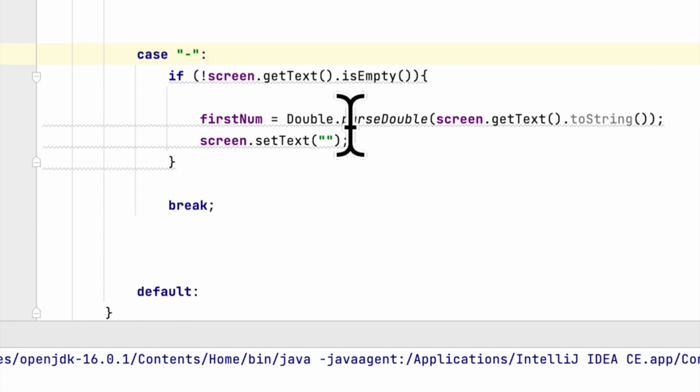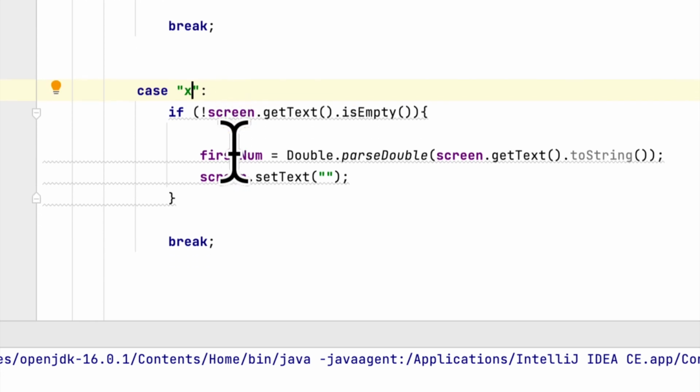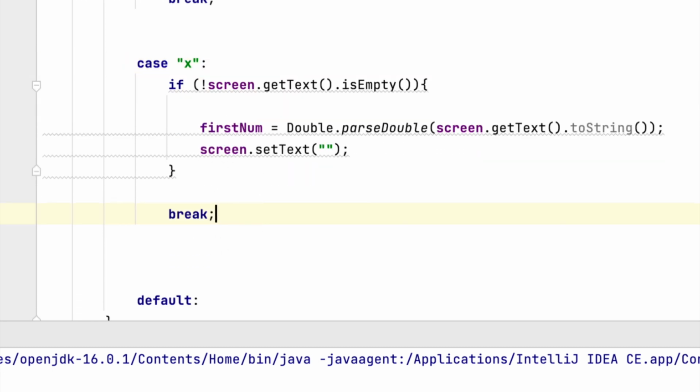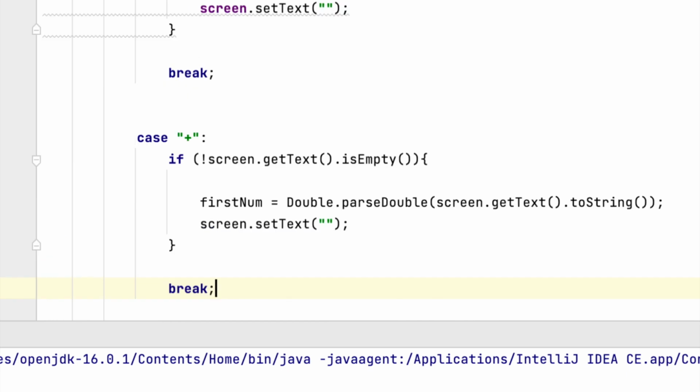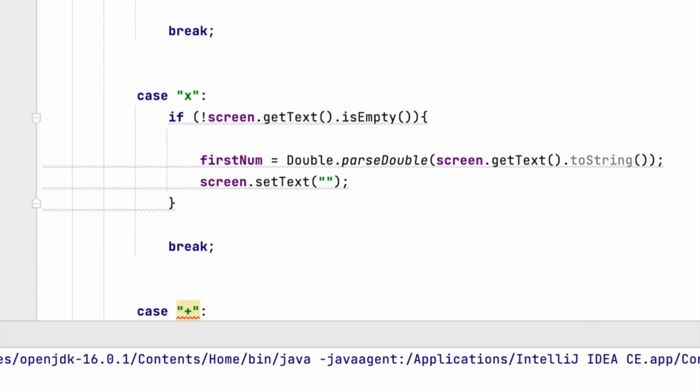We will get the first number and we will clear the screen, and here we will say x for multiplication, and lastly we have to copy this, which is division,